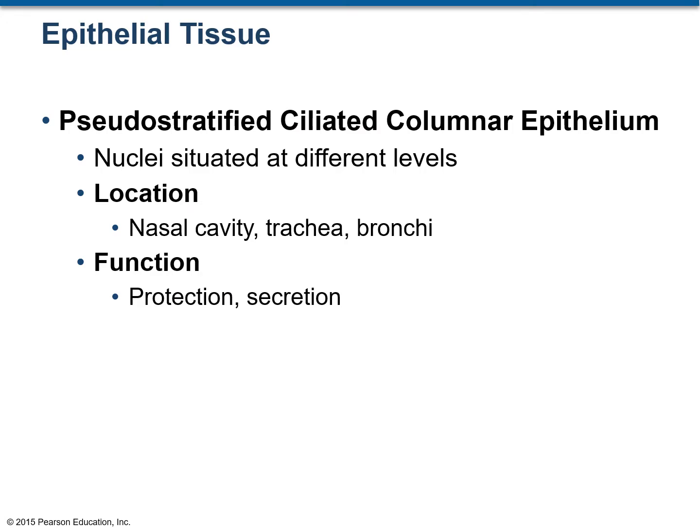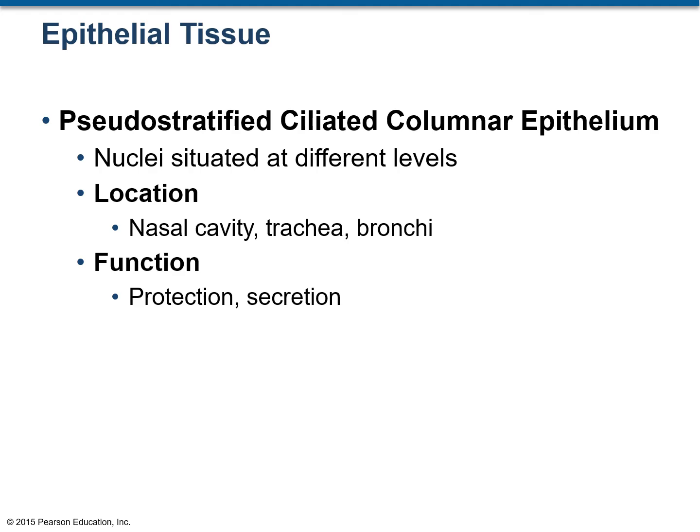This is a special category of the epithelial tissues. It's known as pseudo-stratified ciliated columnar epithelium. The word pseudo means false or fake. So this is a fakely stratified. That means it is not really stratified, but it gives you the false impression of being stratified. That's because the nuclei are situated at different levels. Usually in a simple layer, that means in one layer, the nuclei would be all at the same level. And when you see nuclei at different levels, that's when you think that the tissue is stratified. So it is giving you that false impression.